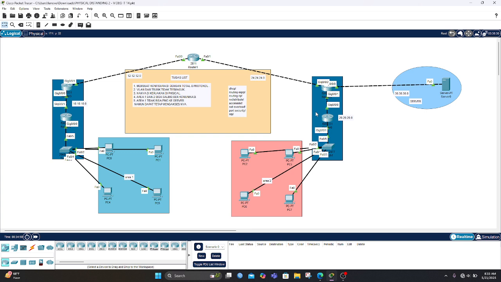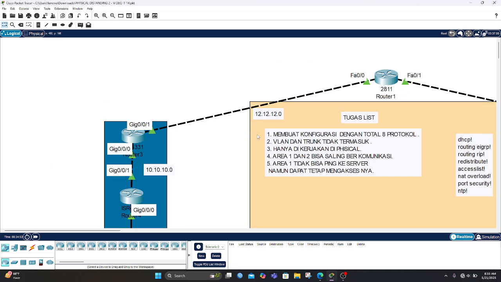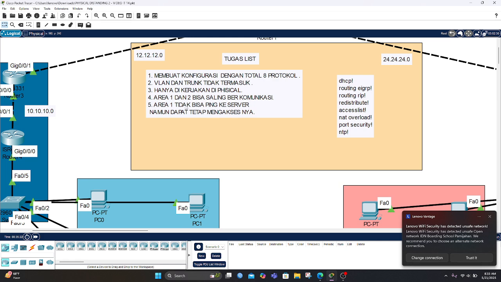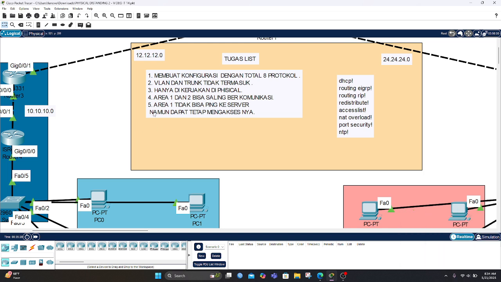The material list from my teacher is: first, make a configuration with a minimum of 8 protocols; second, VLAN and trunk, not in this list; third, only in physical; fourth, RA1 and RA2 can communicate; and fifth, RA1 can connect to the server.